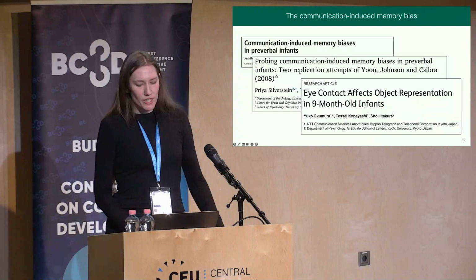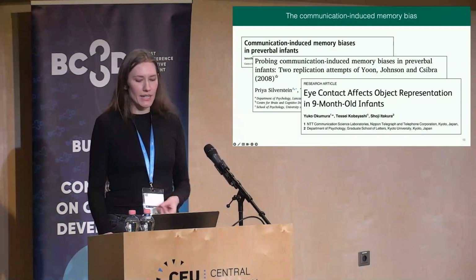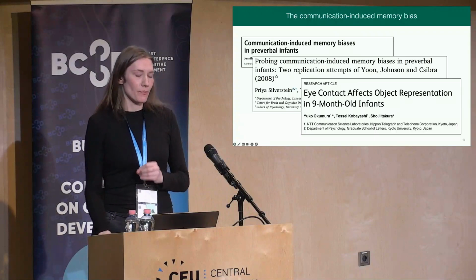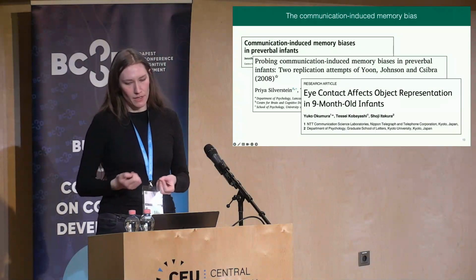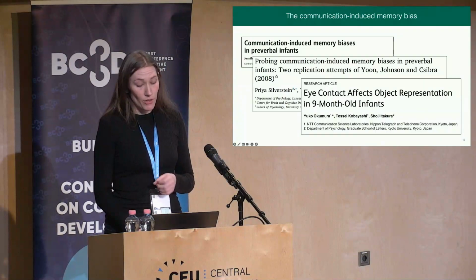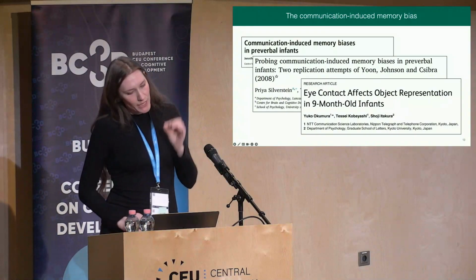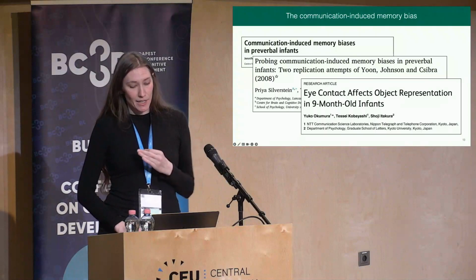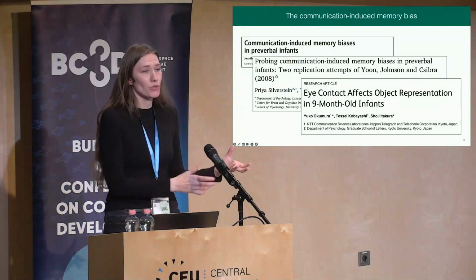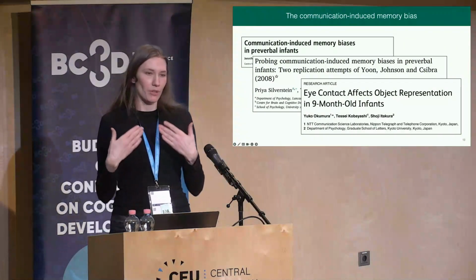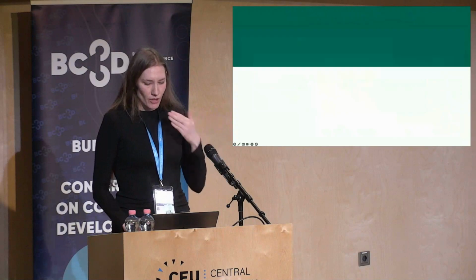And then there was a third study by Yuko Okumura and colleagues from 2016 who, in contrast to the other 2 studies, specifically studied the role of gaze cues to disentangle the influence of joint visual attention from the multitude of social cues presented in the stimuli by Yohn and colleagues. The authors found, conceptually in line with the original study, that 9-month-old Japanese infants selectively encoded identity information when engaging with an adult in joint visual attention to an object, as opposed to parallel attention to an object without interpersonal coordination.